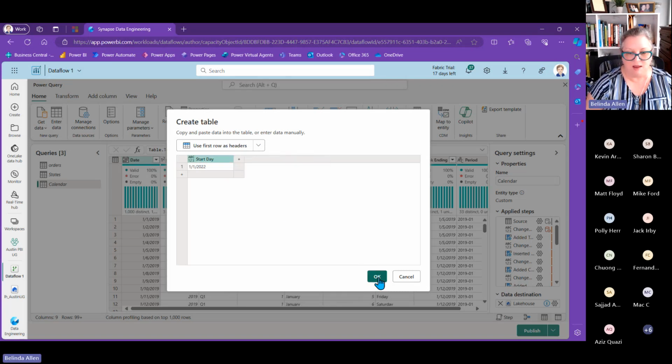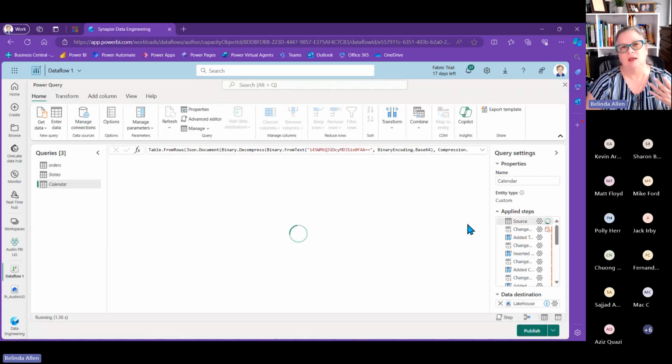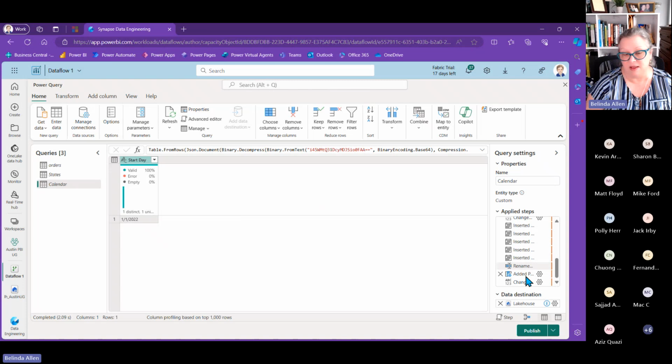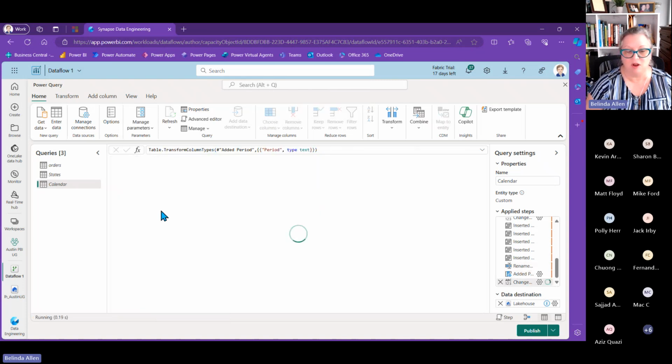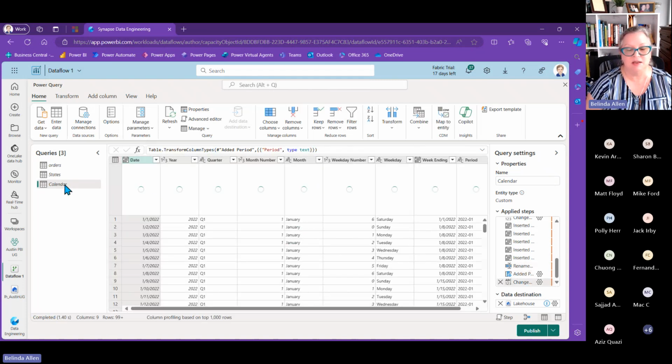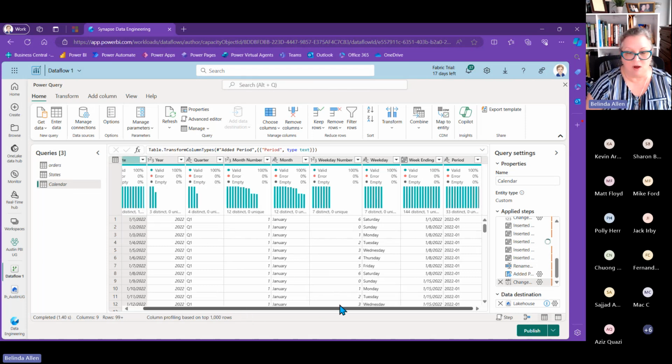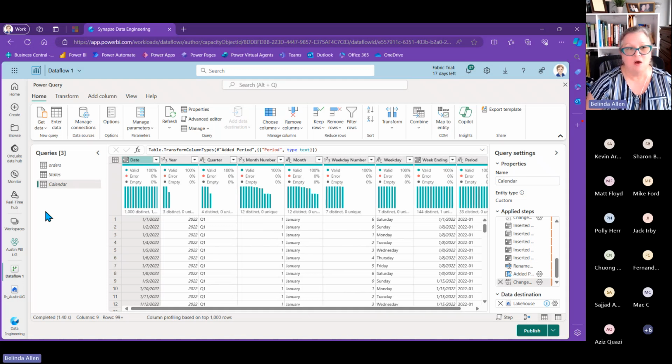And what it does is it'll look at today's date, and then it'll get the last day of next year of whatever today's date is, and then create my calendar accordingly. So I only have to worry about the starting date. And this is an easy way to do a calendar inside of M. And I still have it broken down the way I want. You could put in a week ending. That's something I do. You could set the date in here, whatever day of the week you want it to start, and so forth.